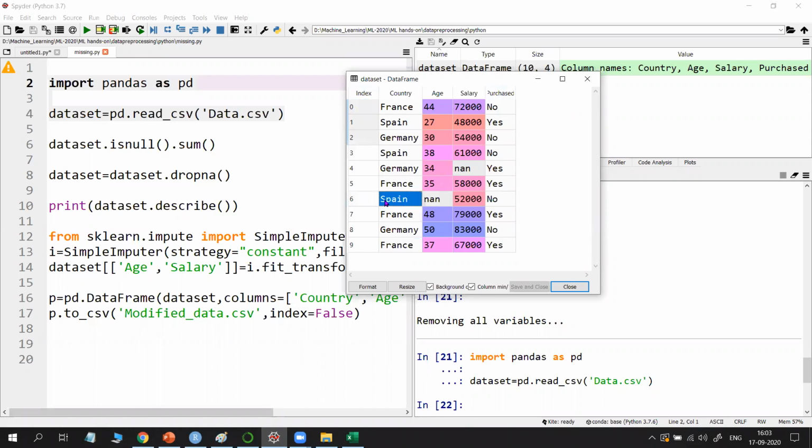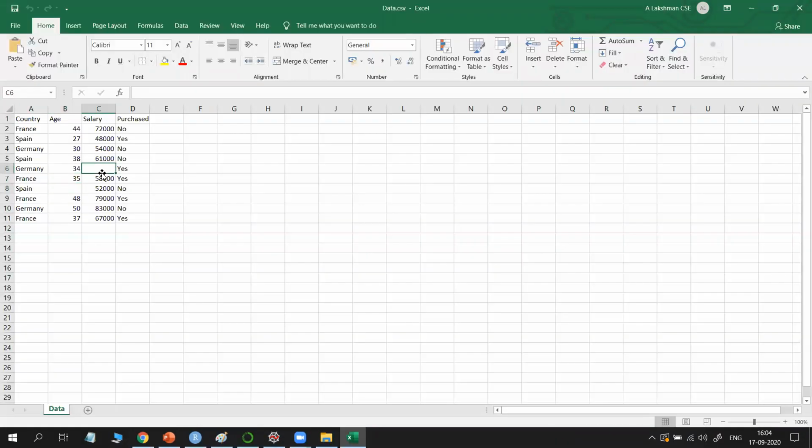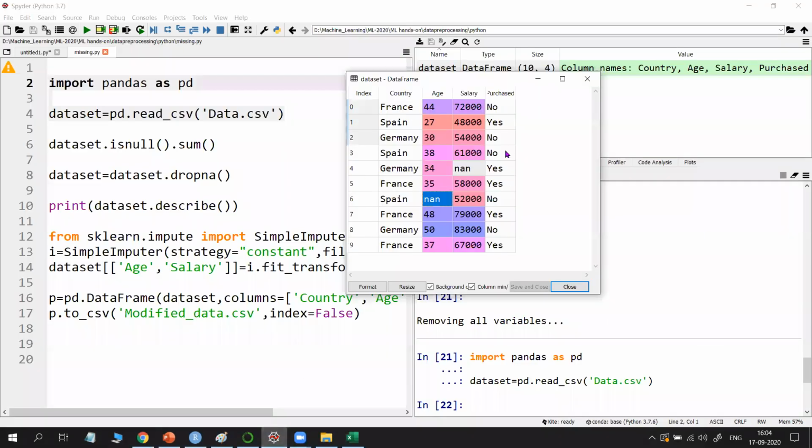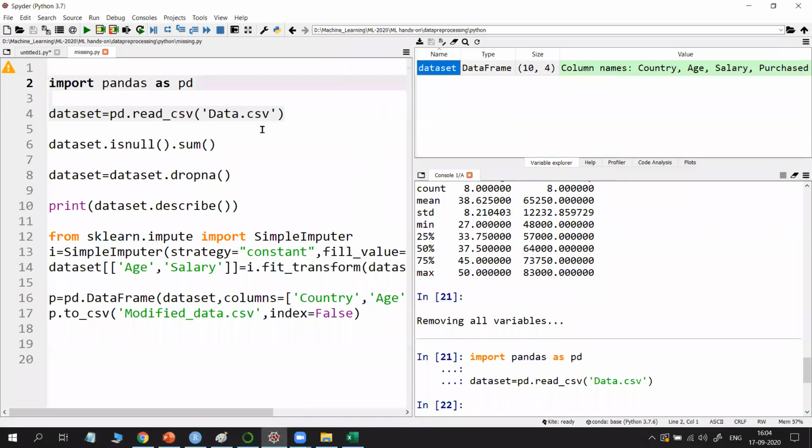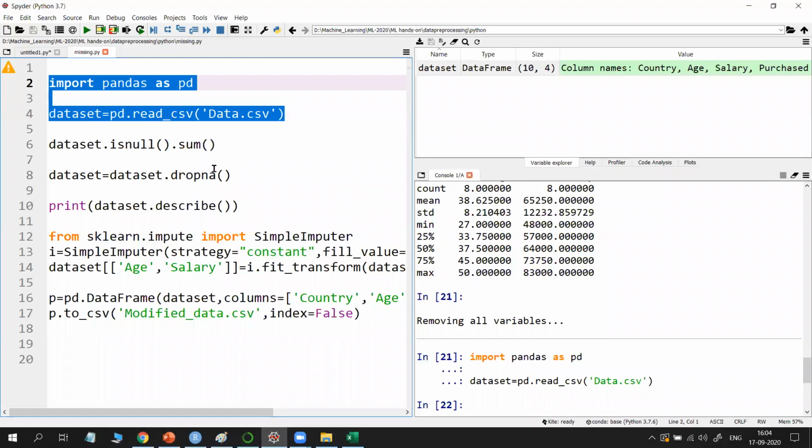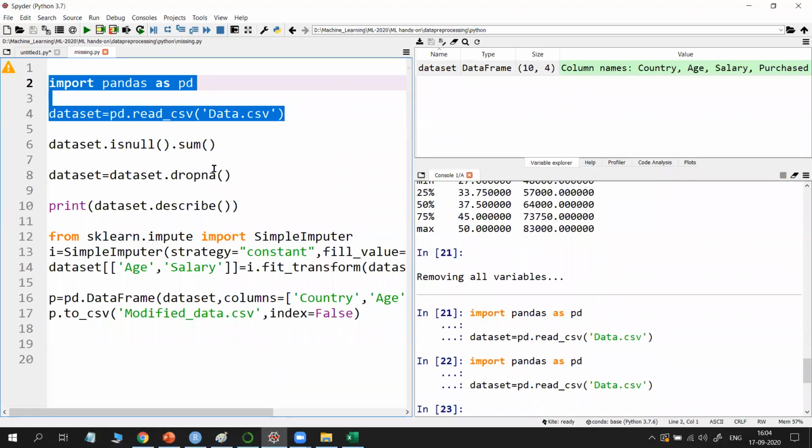Okay, so this is the same row which we showed. So 34, 35 after that NaN. Okay, you observe like this. 34, 35 after that blank. So here this blank after 61,000 is there, that is NaN. So your data set is loaded with these two lines, select and F9.